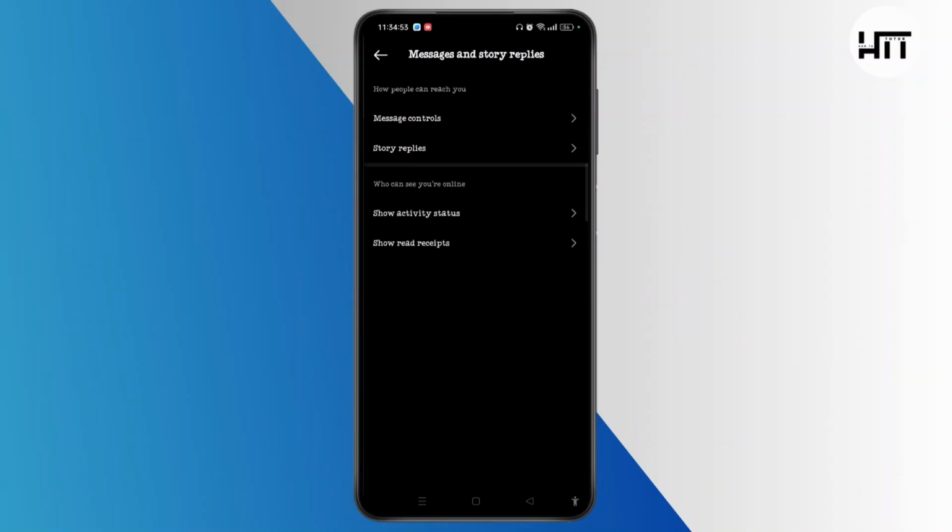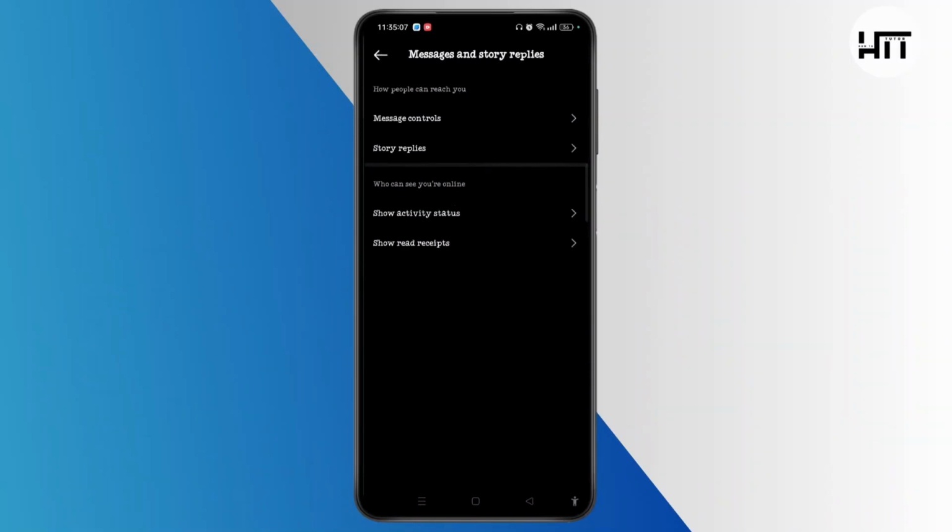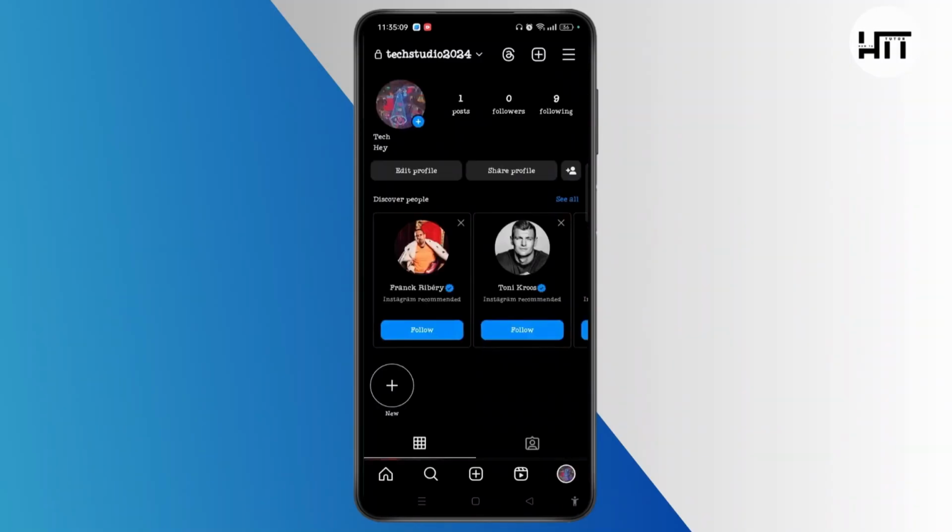Now you need to tap on show activity status. Make sure you have enabled both the option of activity status and so when you are active together. Come back. After you have done that, your problem might be fixed, but even if the problem has not been